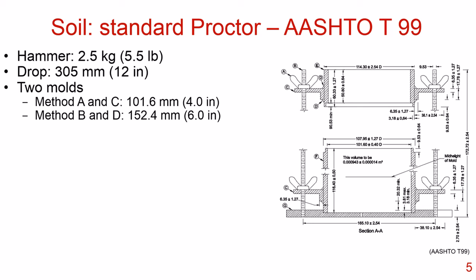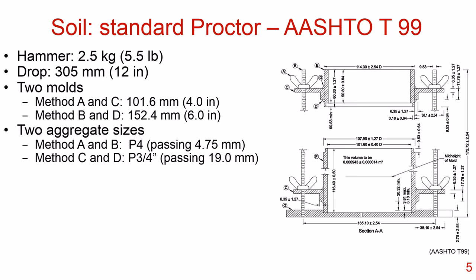Now methods A and C and B and D not only differ with mold size, but they also differ with aggregate sizes. So method A and B, you're testing P4 material, or material that is smaller than 4.75 millimeters. And for method C and D, we are passing 3/4 inch material, or 19 millimeter material. So these four methods use two different molds and two different aggregate sizes, but they all follow the same general